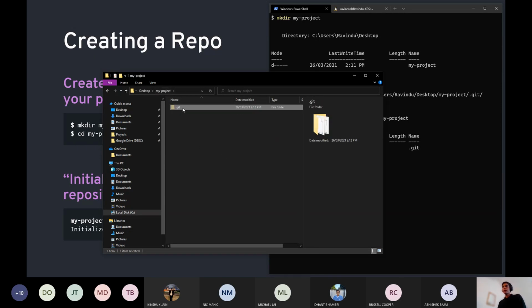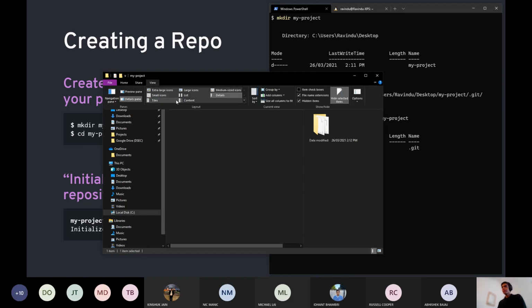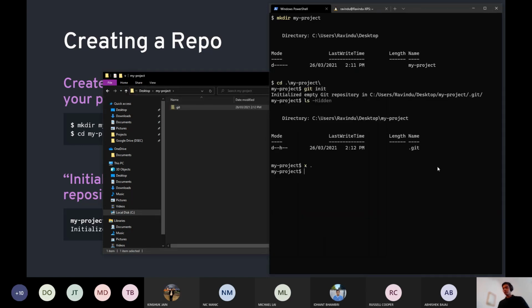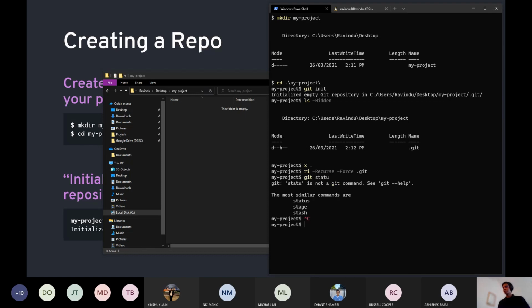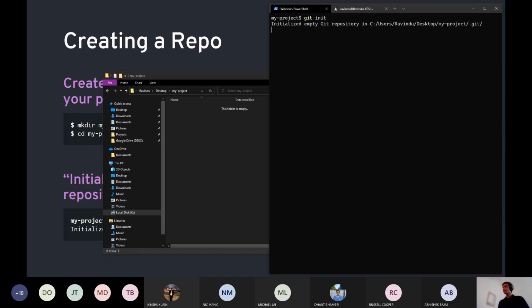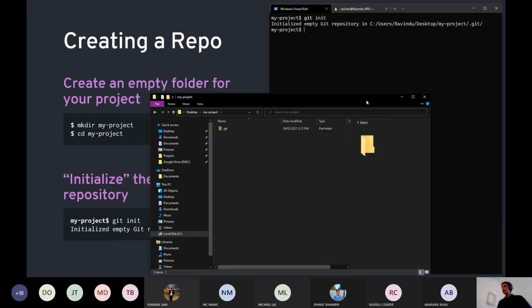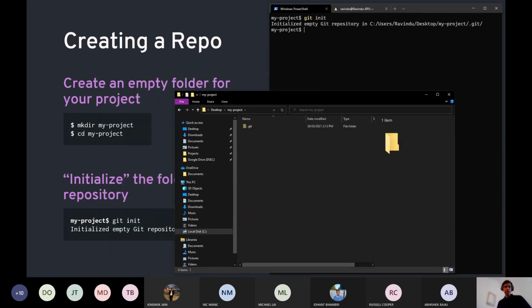We'll not go into how this folder is structured, but bear in mind that if I remove the .git folder, so on PowerShell, you'd remove the .git folder like this. So this is no longer a Git repository. So if I do git status, you'll notice that it says it's not a Git repository. So once again, let me init the repo, and this is a pretty good place to start our project that is version controlled in Git.